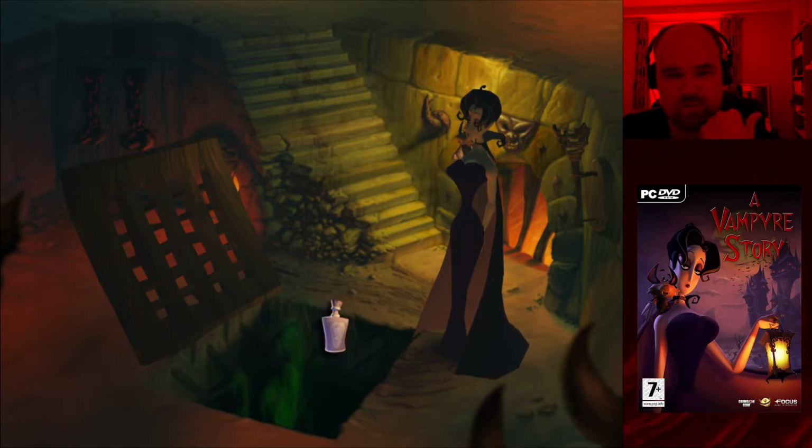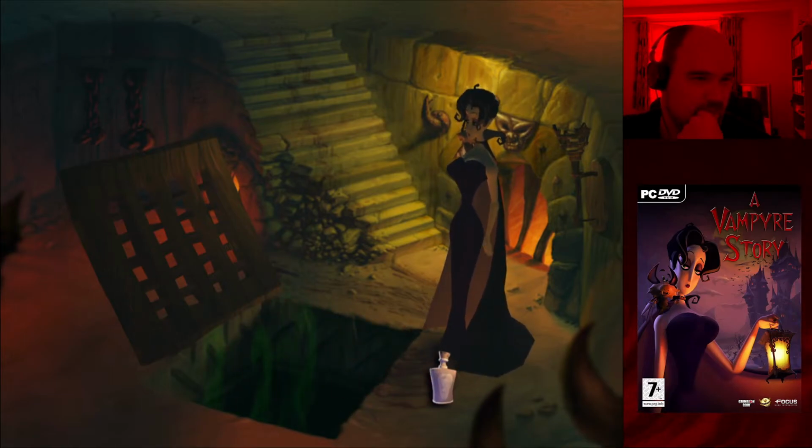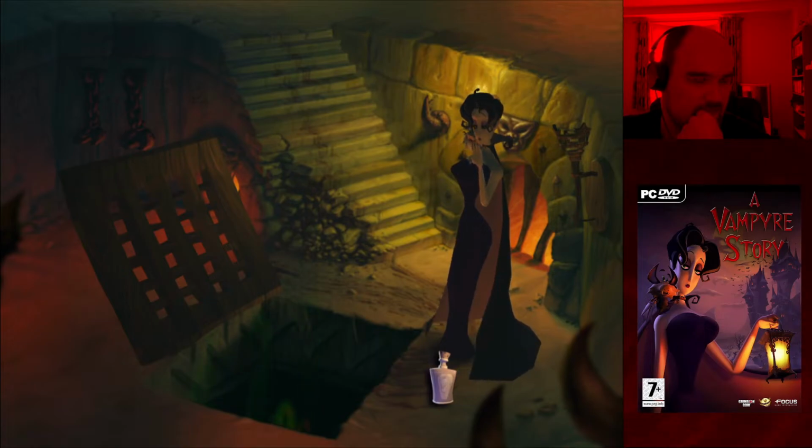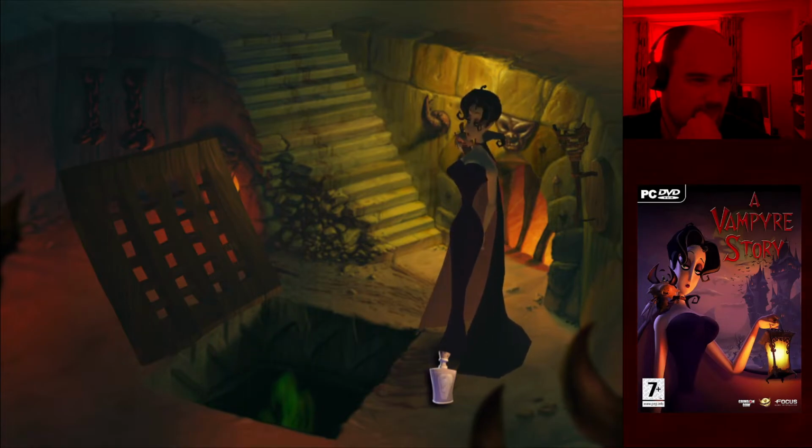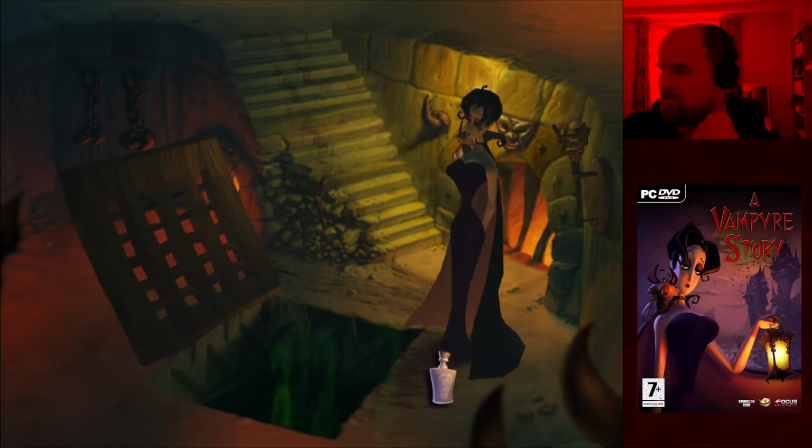Let's return to the walkthrough. And open the grate. Use the unlit torch on the burning torch on the wall to light it, then throw it down the grate. Okay.